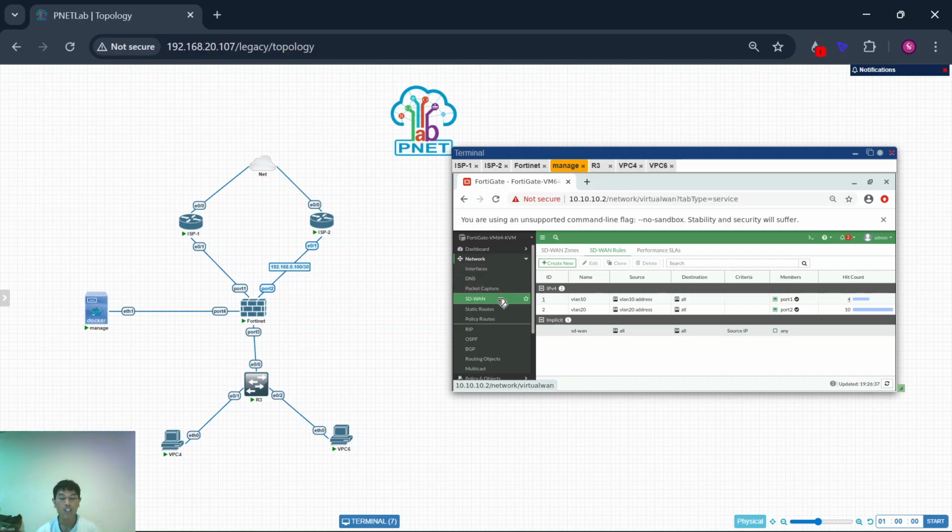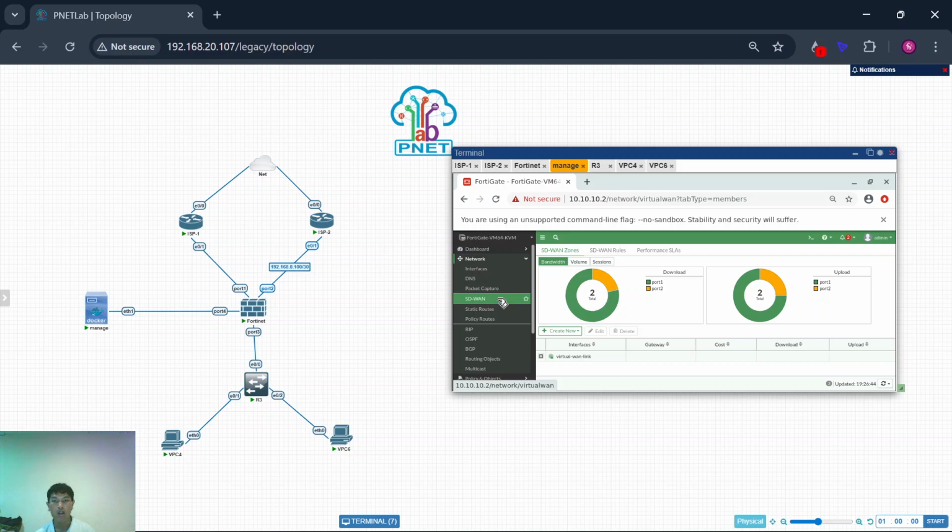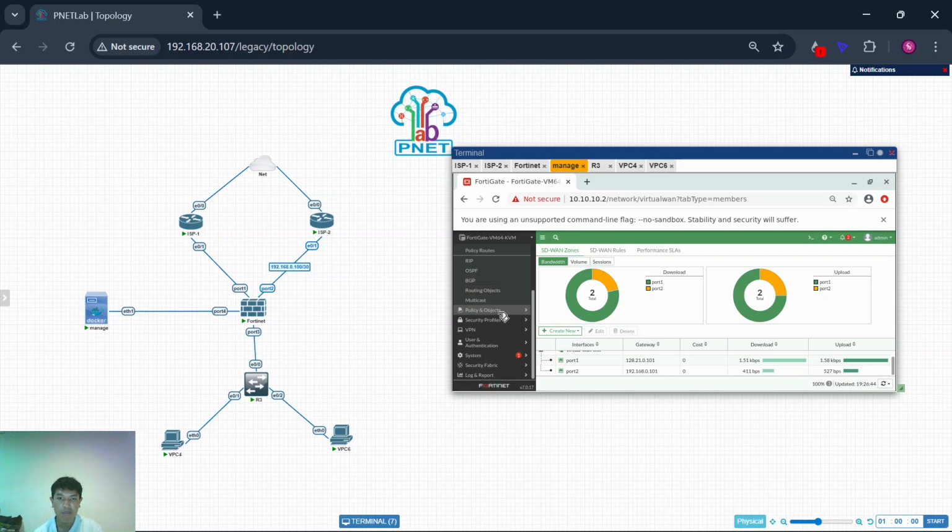Second, you must enable SD-WAN services. Third, you must create SD-WAN rules, and you can create a static route from the FortiGate device to the internet via the SD-WAN virtual link. Then you must create a backup SD-WAN rule.